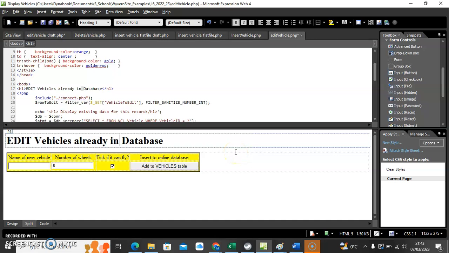In this tutorial, we're going to continue developing a system to edit data already in our vehicles database. In the previous tutorial, we had repurposed an insert form so that we could then edit it and turn it into an update form. In this way, we can reuse the table and we can add some extra functionality that allows us to change existing details. I've changed the heading here so that it says edit vehicles already in database, and we should have